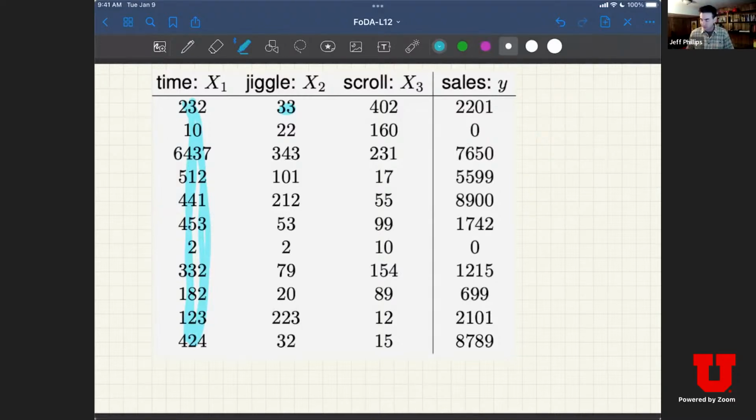And this is supposed to be the number of cents that they spend. So the first customer here, right? So let's look at this first customer. They spent 232 seconds on the website. They jiggled the mouse 33 centimeters, and they scrolled 402 centimeters, and they made a sale of $22 and 1 cent. Okay, and I can record this for a bunch of customers,